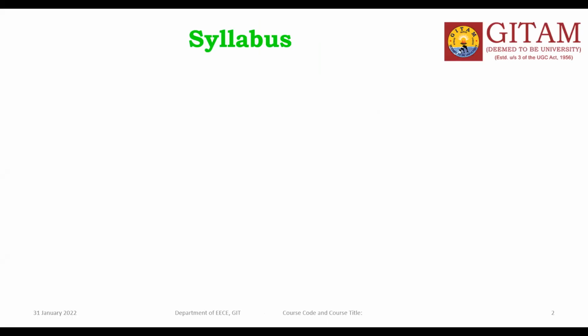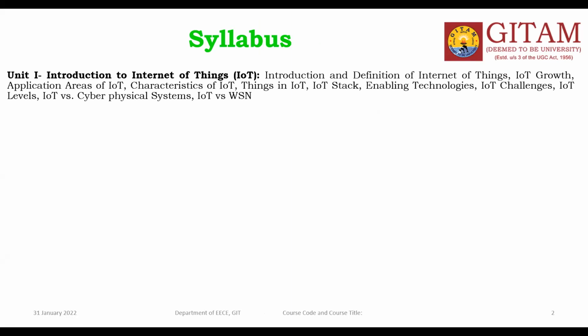Our syllabus has 5 modules. This is the first module, Introduction to the IoT. The content we can cover are the introduction and definition of IoT, IoT growth, IoT applications, next characteristics of IoT, next the devices or the things in the IoT stack,